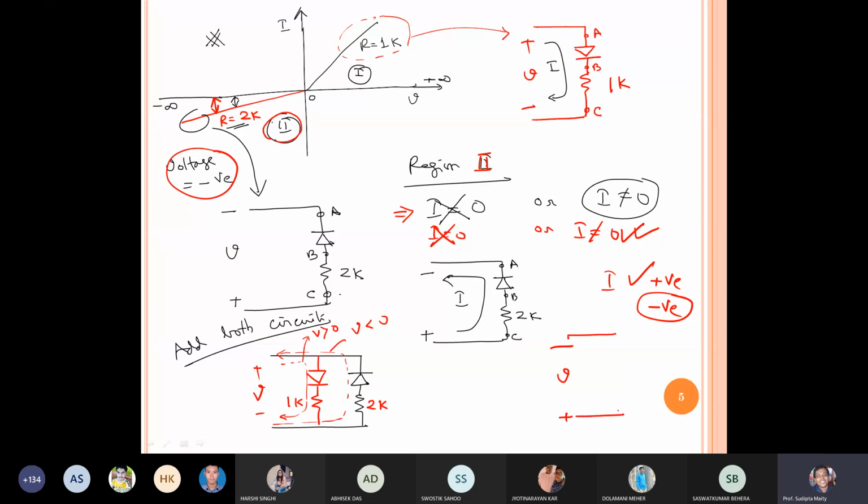As the voltage is negative, I am telling this kind of voltage. Now this is my terminal. So current will proceed in this way, because here it is positive potential. Now this current is in the opposite direction with respect to it. So now if I want to make a complete path, obviously I have to place one diode in this direction. And then if I do not place any resistor over here, it will be an open circuit. So that's why I'm placing one resistor. Then you observe, what is the value, sir, of resistance? It is 2K.